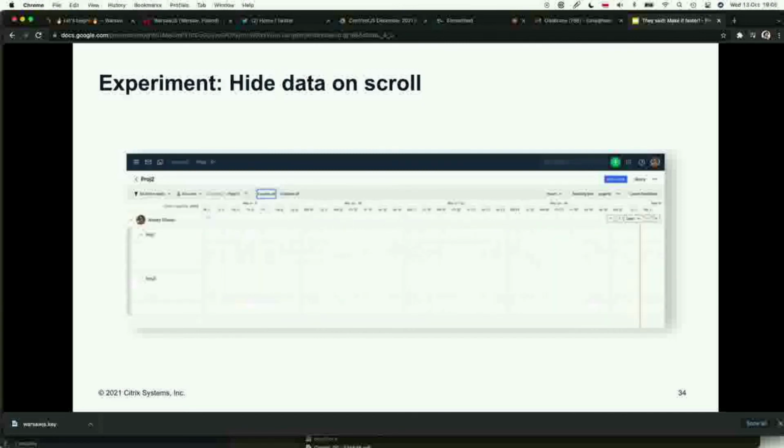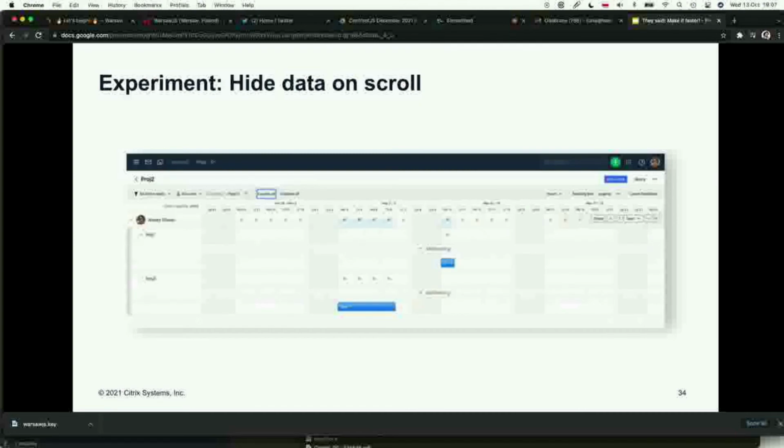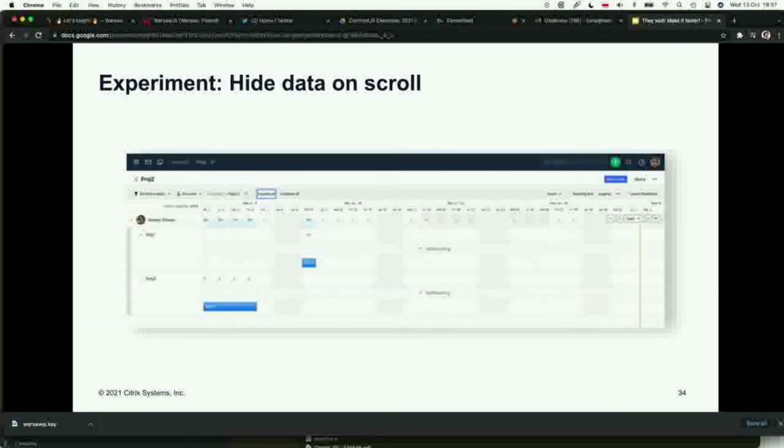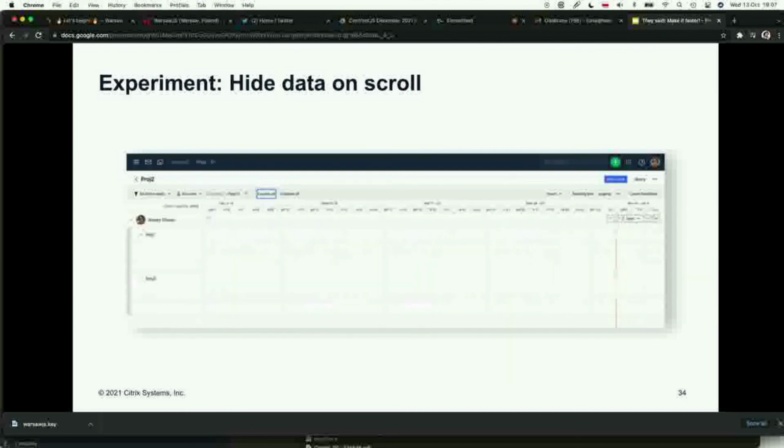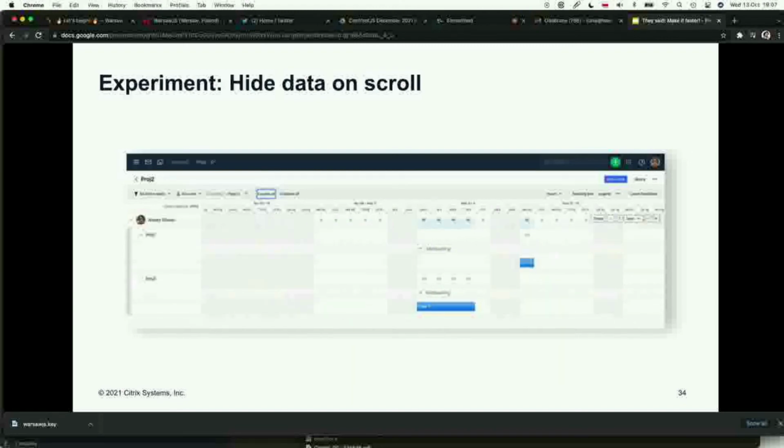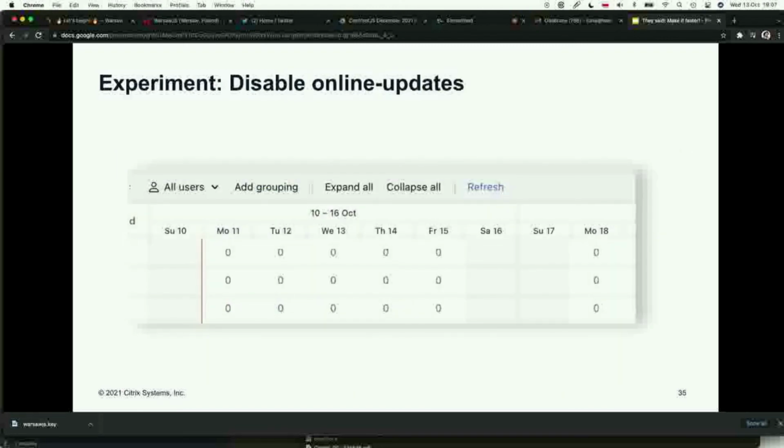And it was interesting. They said that yes, scroll works fine now, but we do need these tasks, because we don't just scroll to any date. We have no idea about dates. We remember that there were some tasks somewhere, and we're really seeking for these tasks. So we have to see these tasks. And it was sad, but finally we ditched this experiment. It was not released.